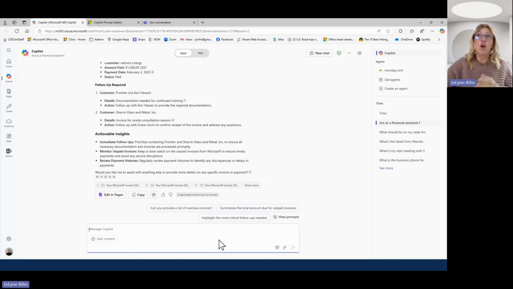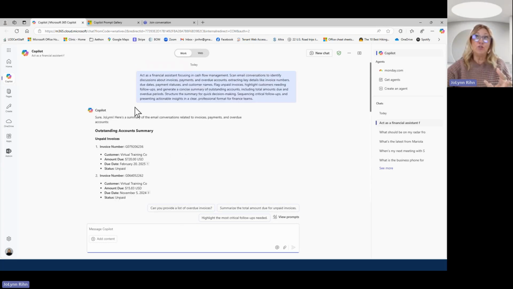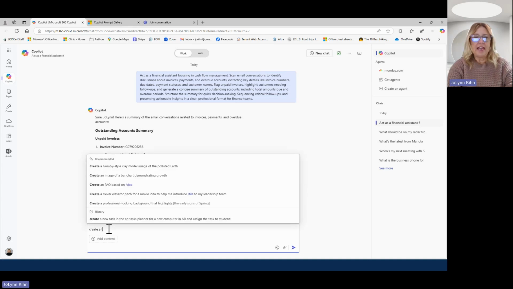It will also take it even further by giving you additional suggestions, and depending on what it is that you're asking it to do, you can go back to the results of it and it can automate that process. Or let me give you another example. Let's say that I want to have an email or create a meeting. I want to do a task, whatever the case might be, and I want it to be to a specific person. I can say, oops, sorry, I have to click there, create a task